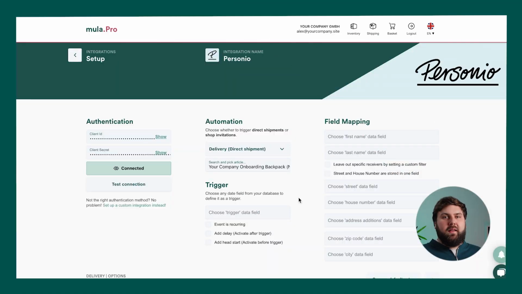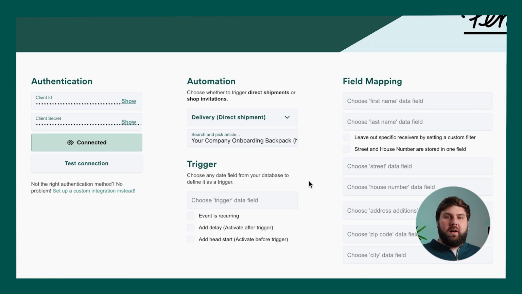The next step is to define your trigger event. You can choose any event from birthday to anniversary, from onboarding to offboarding, as long as it's an event related to a particular date. All you have to do is enter the name of the event as specified in your HR tool or software. If I wanted to automate the deliveries for new employees, my event would be onboarding, and I would have to type in hire date, as this is how we named this field in Personio.